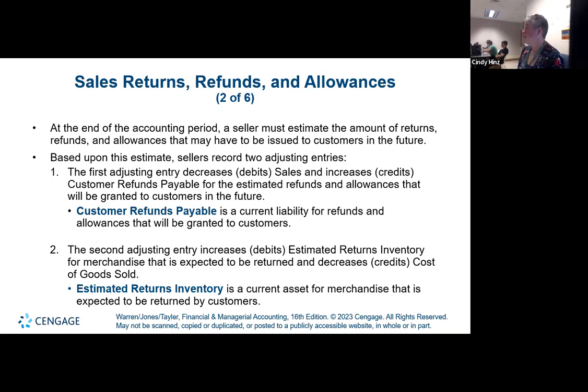This same concept is going to come up in the receivables chapter when we talk about the idea that when we sell to someone on credit, they might not pay us. That's a potential future cost. We have to take that into account. There's going to be another adjusting entry to recognize on the asset side, though, that if we accept returns, we're going to have that inventory returned to us. And so these are kind of matching